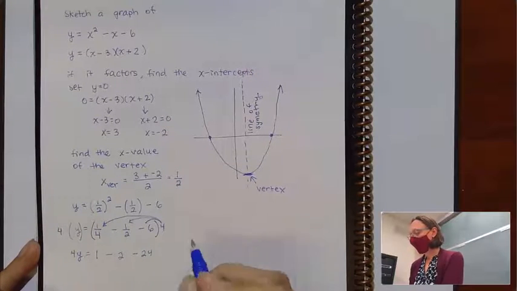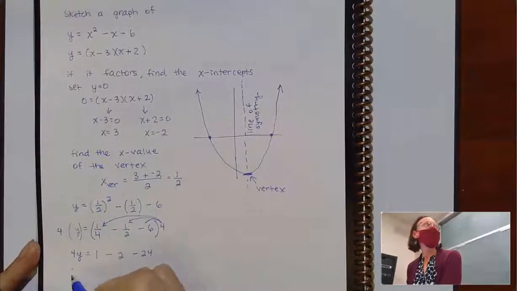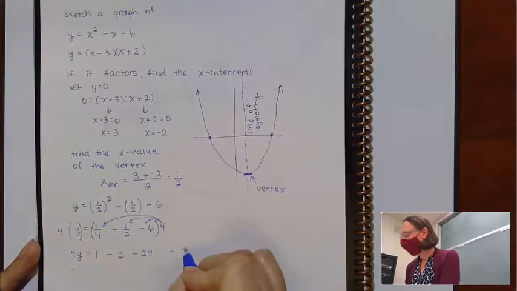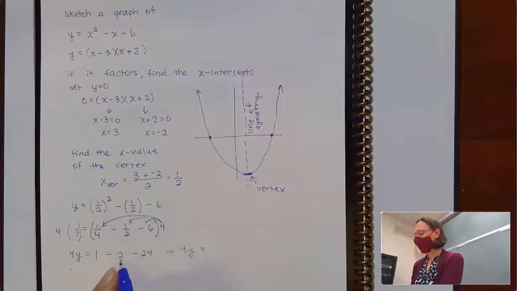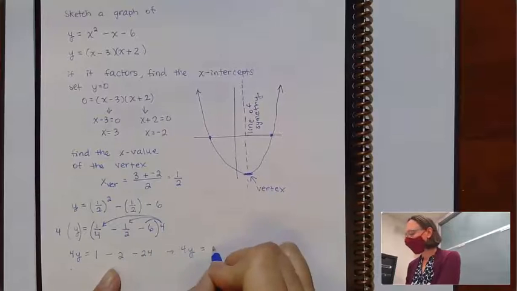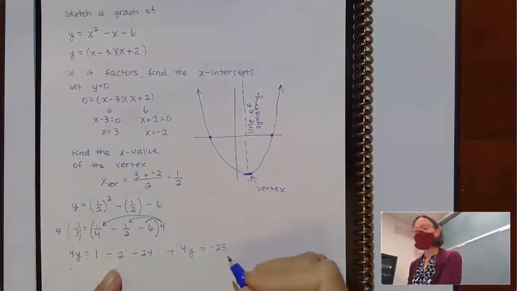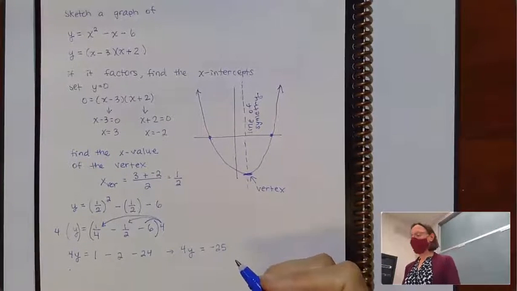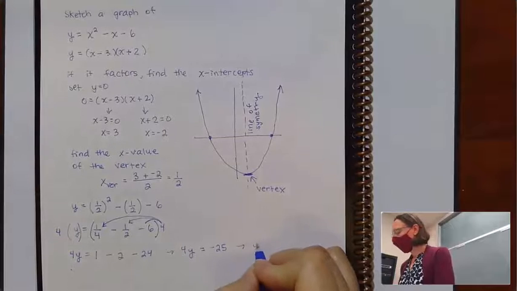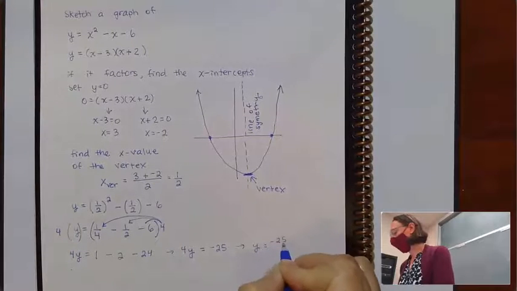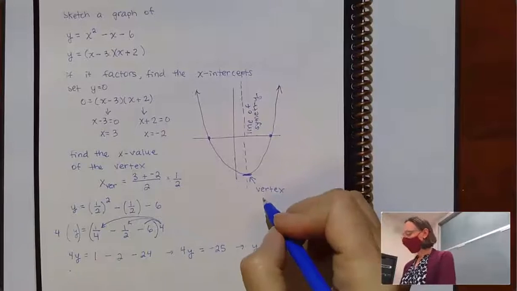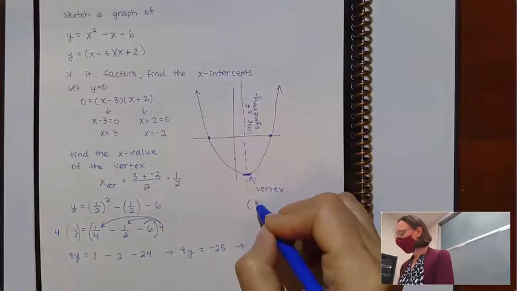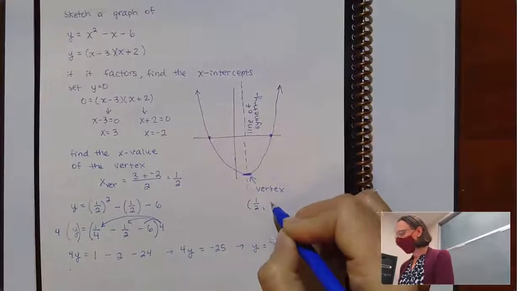So I would have 4y is equal to -25. And then at the end, I'd have to divide by the 4 to get the y by itself. So I'd end up with y is equal to -25/4. So my vertex would be at +1/2,